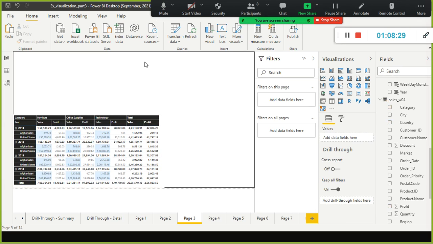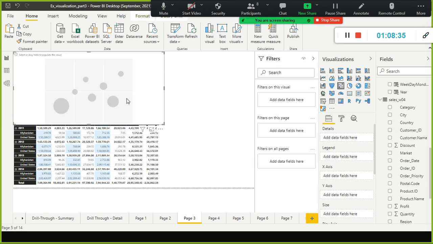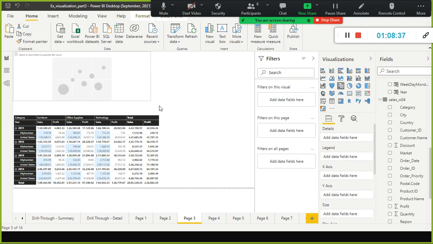I'll just put it here. So this is the scatter plot. And here I just put sales and profit.